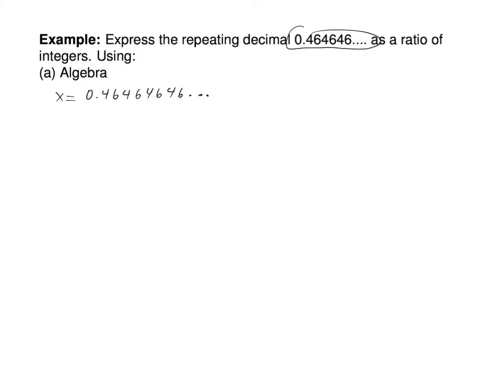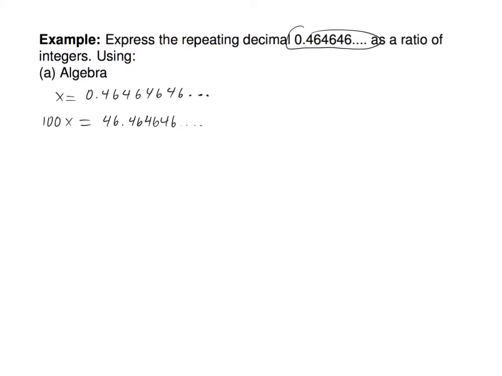And x is what you want to find, right? So you're just going to use a clever trick to solve for it. And the clever trick you employ is an awful lot like the clever trick used to prove the geometric series formula. Let me just do it and you'll understand why it's helpful. If I do 100 times x, what does that do to that decimal expression? Makes it 46.464646, right? Does that make sense?